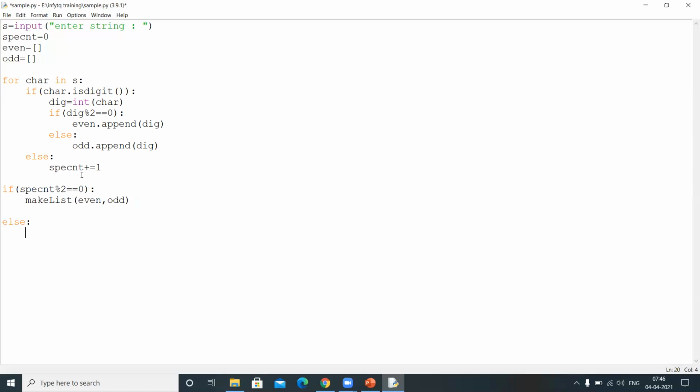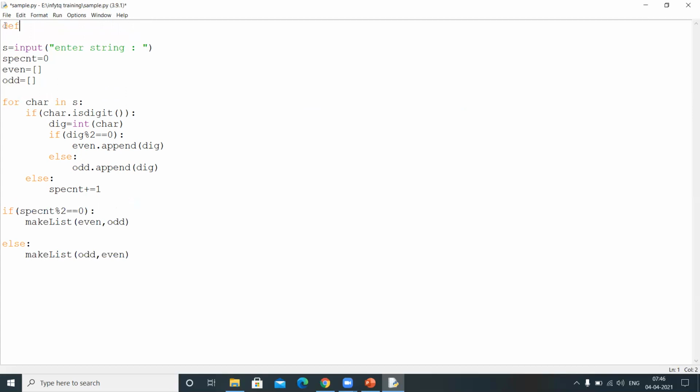Else, which means special characters are present an odd number of times, then in that case I need to merge the even list and the odd list, but this time I need to consider the odd list first, right? Let me write the function definition here. Def make list, right? We need to write the make list definition. Of make list,